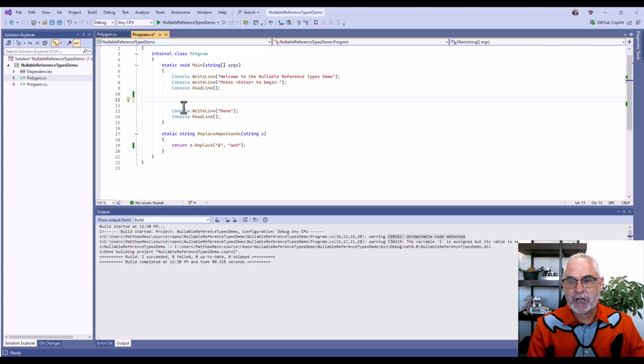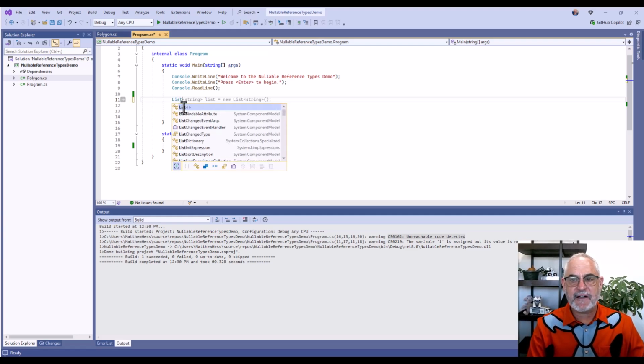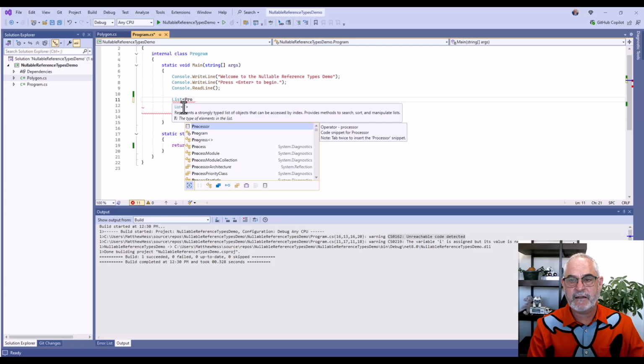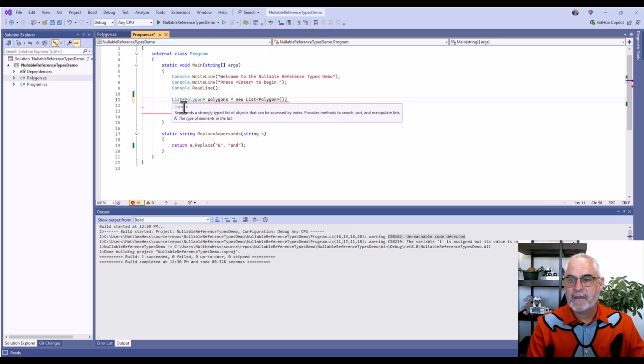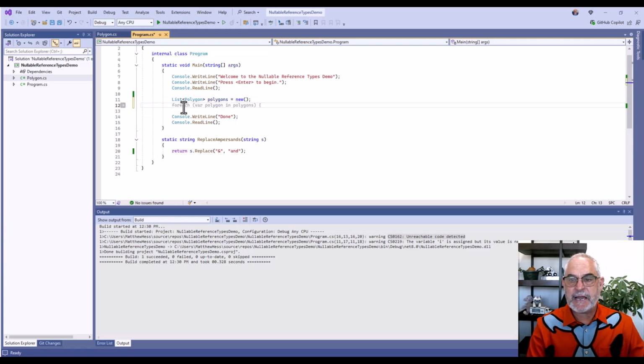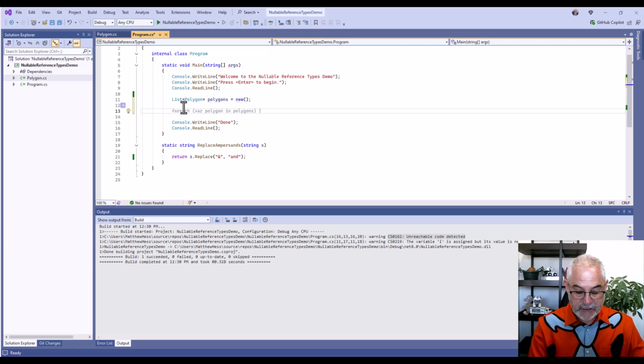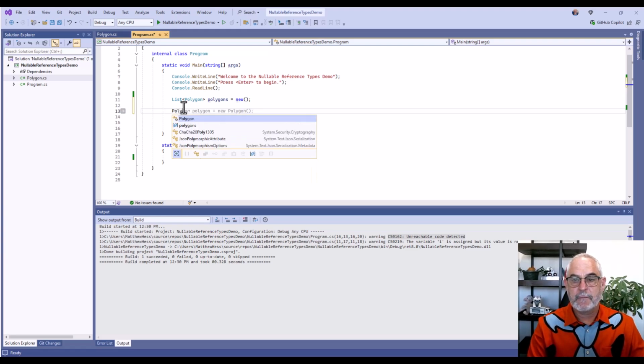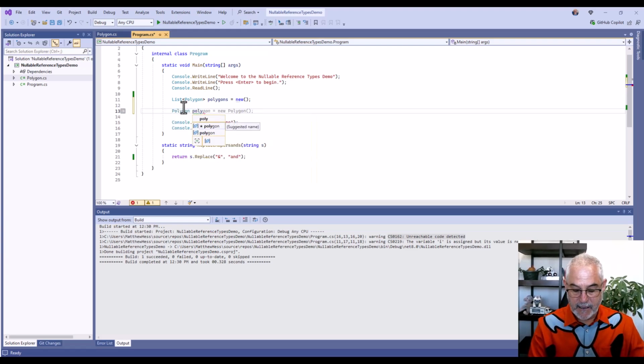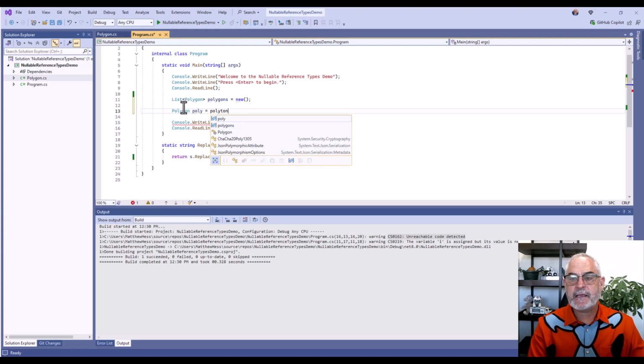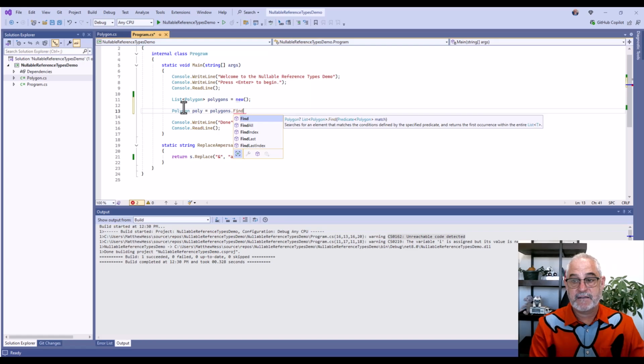So let's start by defining a list of polygons. And we can just initialize it. And now let's declare a variable, Polygon poly = polygons.Find